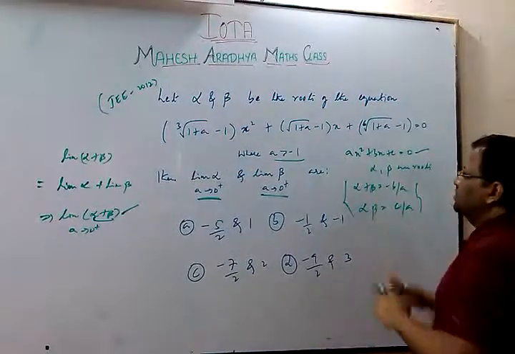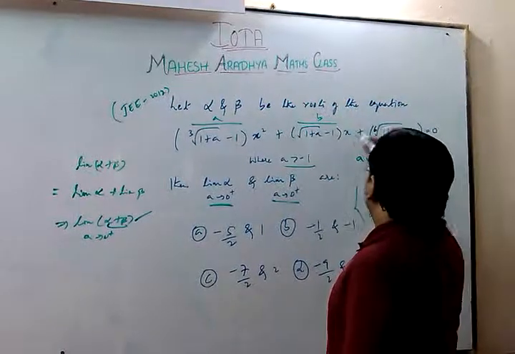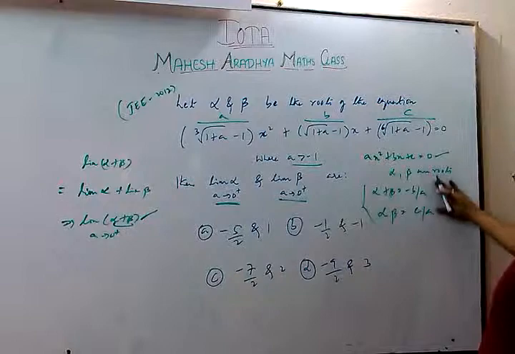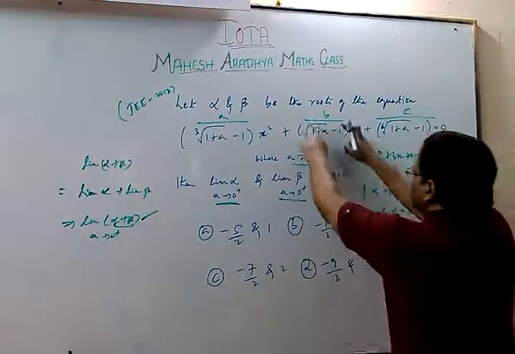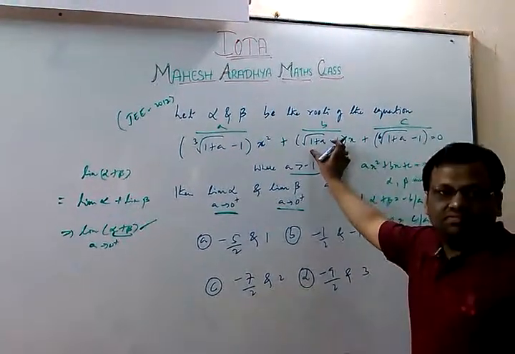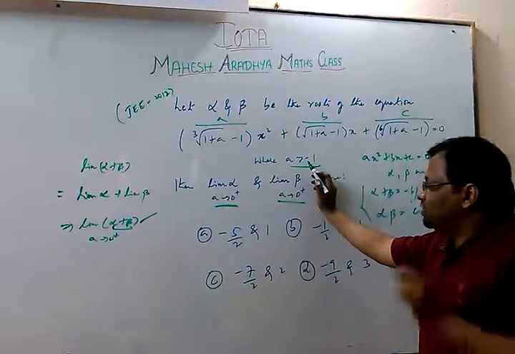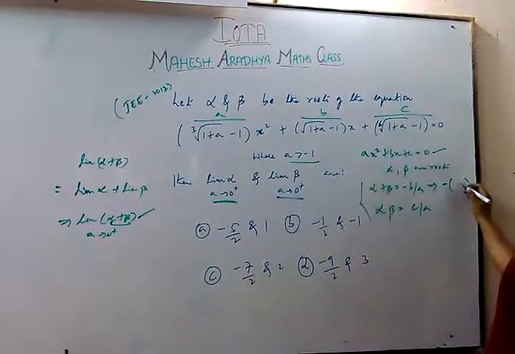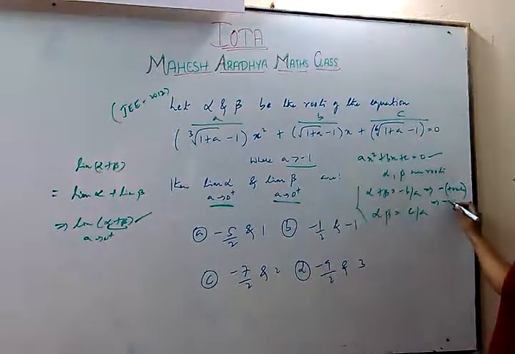Now if I apply the sum of the roots here, it is minus b by a. What is b in this case? This entire thing is treated as ax square plus bx plus c. The sum of roots here is minus this entire term divided by this term. As you know, the denominator cannot be negative, because a is greater than -1 is given, and after we apply the limit it cannot be negative. So the final value will be minus of some positive value. That means the sum of roots is negative.